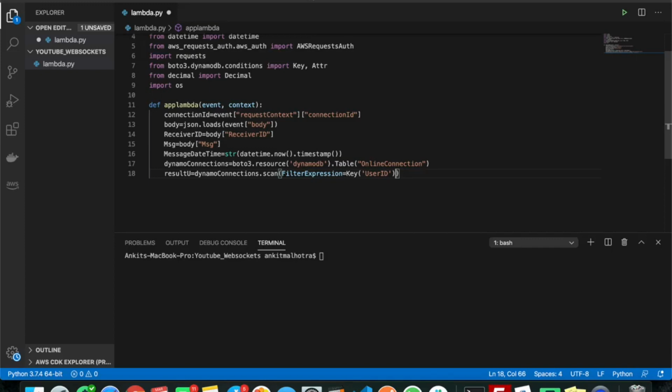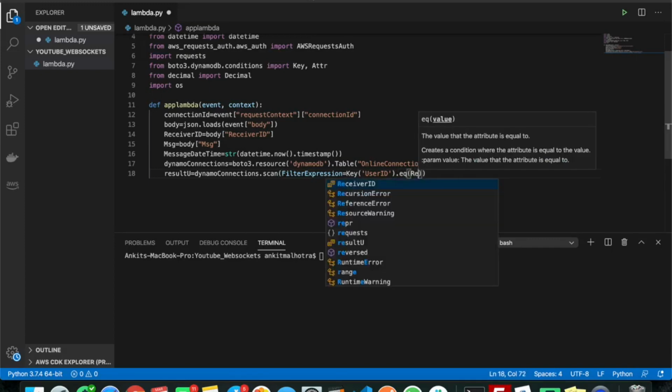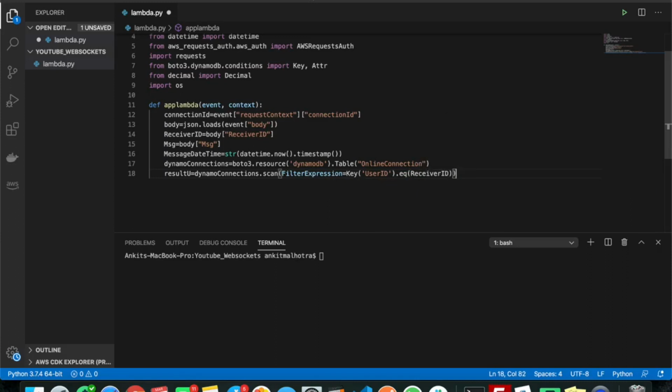So if it is equal to the receiver ID, we have to get the connection ID, and we will check if the user is already online or the user is offline. So this is just a condition. If the length of items is equal to 1, then